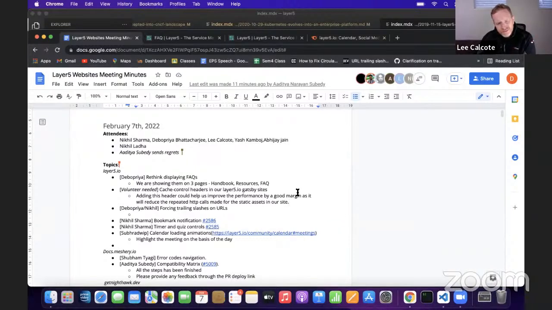Yeah, we're gonna have to put some money on the line maybe. Here's more homework, or another point of research: are there any Gatsby plugins that allow you to set your cache control headers? So this particular header, does everybody know what we're referring to? It's a meta tag, right? That has some meta cache control.